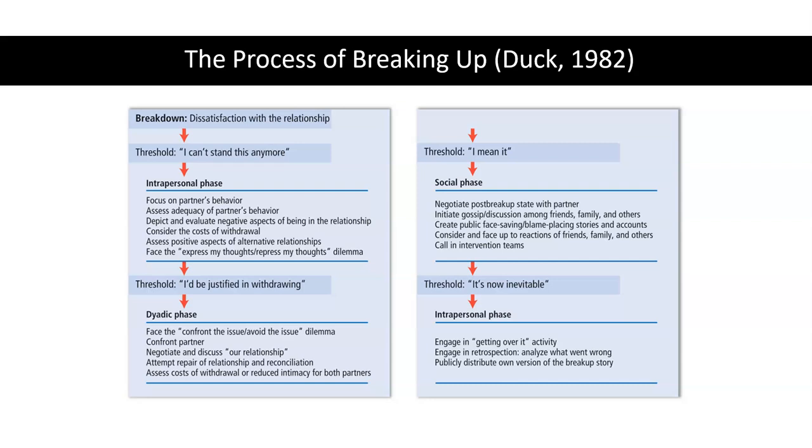do breaking up. And breaking up can sometimes be immediate and final, but often it is a progression where you have, you're negotiating splitting your stuff, splitting your friends. You may start talking to other people. That's why it's called a social phase. You're going to start talking to other people, friends, family, etc., about the fact that you're breaking up. And you may create a narrative that preserves your sense of self in a more positive way, in some cases by blaming your partner.